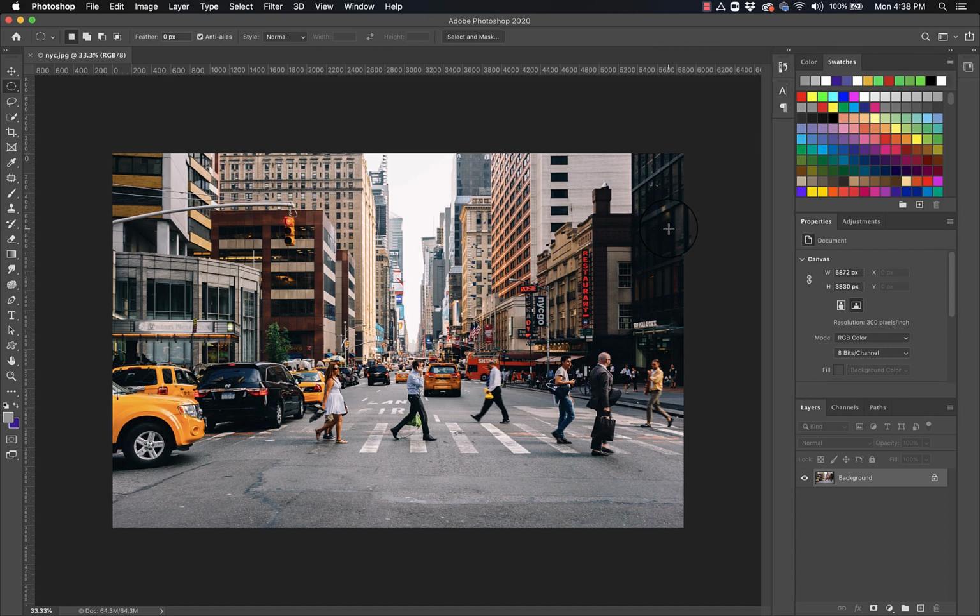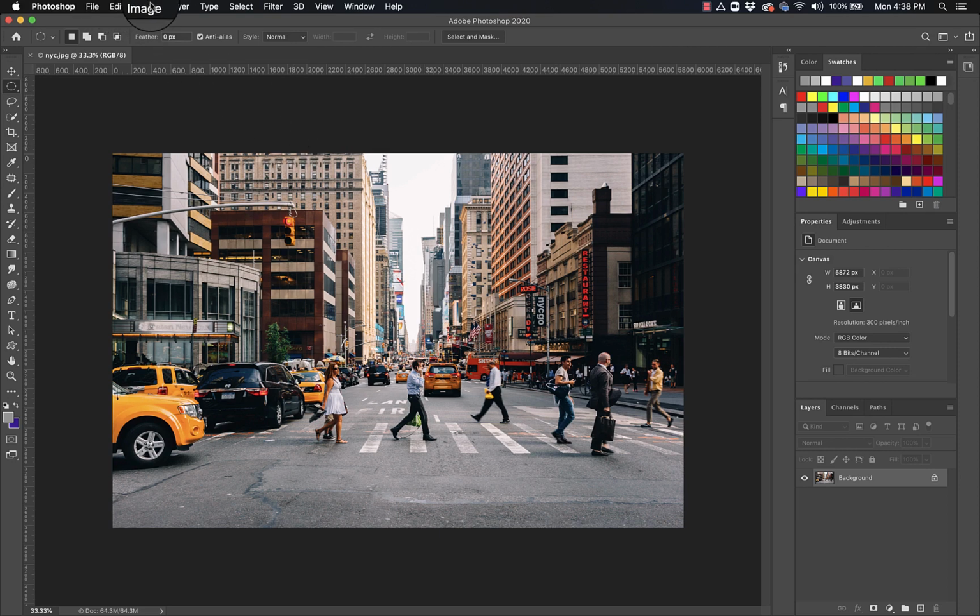So for this exercise, we're going to composite penguins so it looks like they're walking down the street in New York City. And we're pretending this is for a magazine spread, and a magazine spread would be 11 by 17. So we need to set up this image as 11 by 17, or at least make sure this image is 11 by 17 at 300